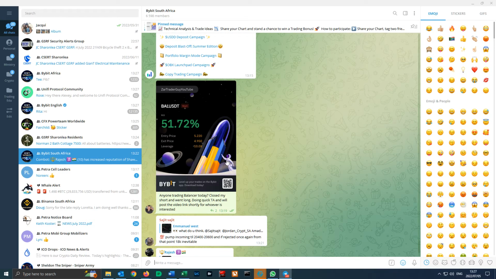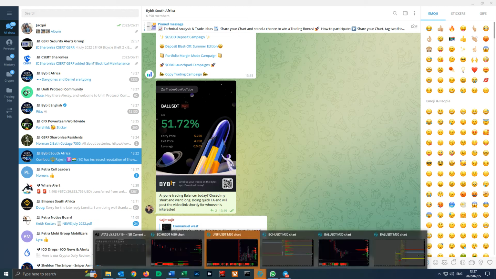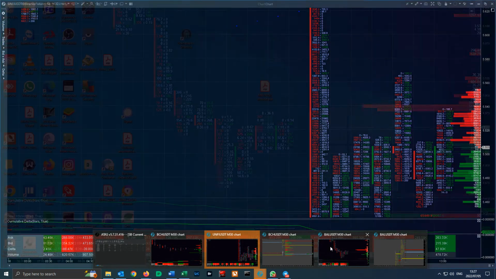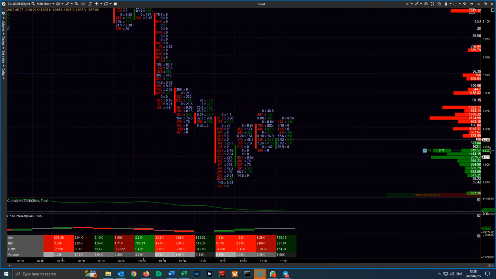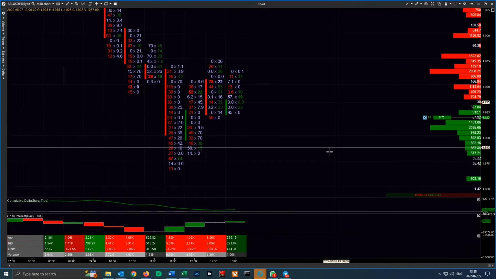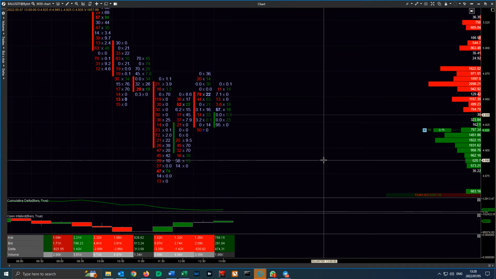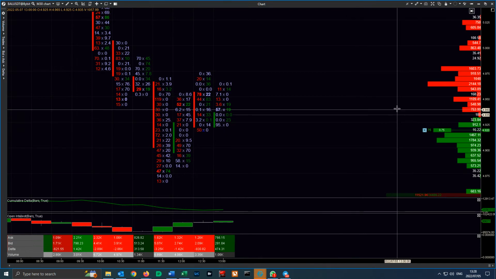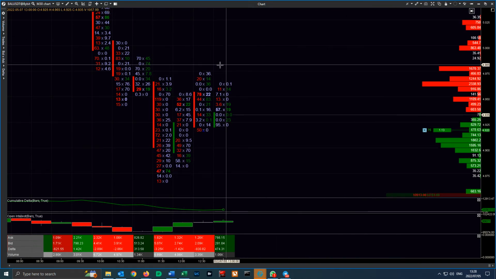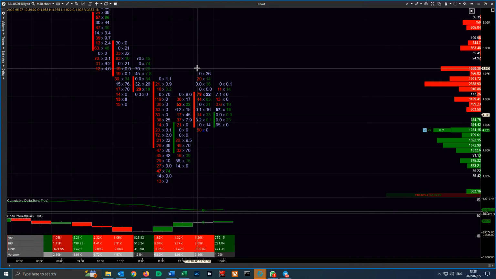So my re-entry was at $4.92. Yeah, $4.92, very small position size. I've already taken nice profits for the day, so I really don't need to risk much on this trade. I'll probably put a stop close to entry as soon as the price has possibly retraced above this $4.98